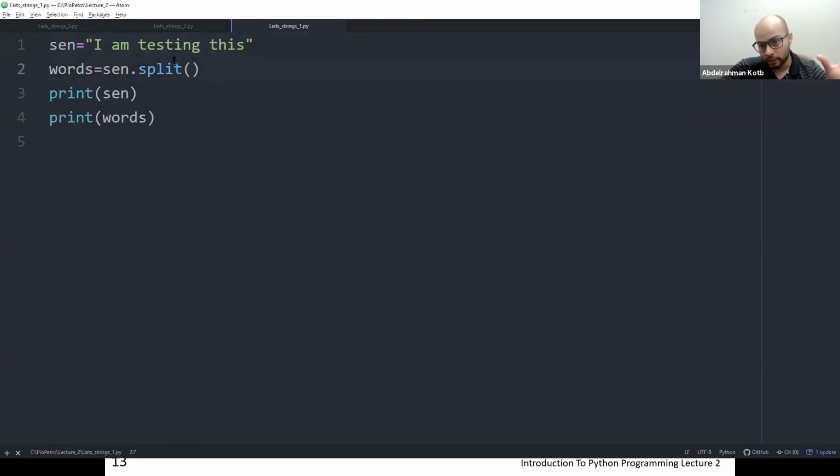However, if I want to split it, what Python does when it says split is it looks for spaces. It knows the English language and knows that you separate words using a space. So it's like, oh, it's I am testing this. So these are 4 words. It's going to change this from a string to a list. Let's see how it works.